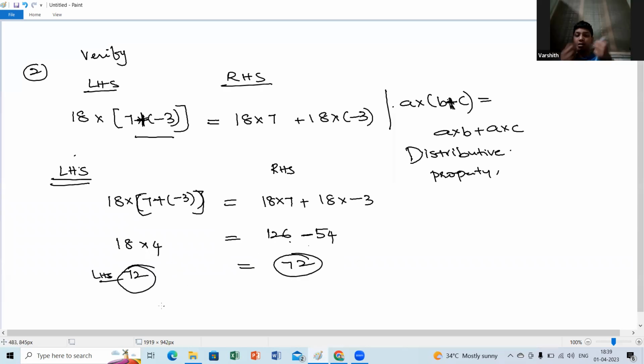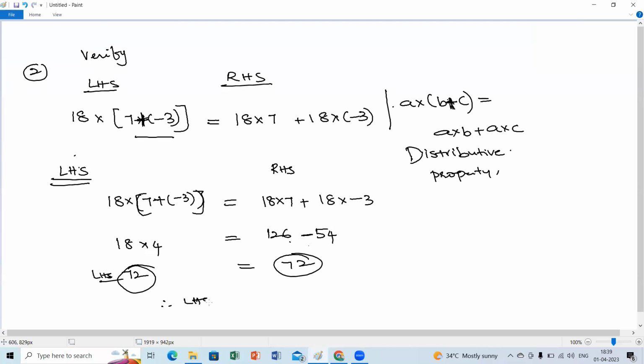Yes, ma'am. You have to write therefore LHS equal to RHS. Hence it is verified. This is a subjective part you may get. Generally, by looking only, you can say why, because integers are